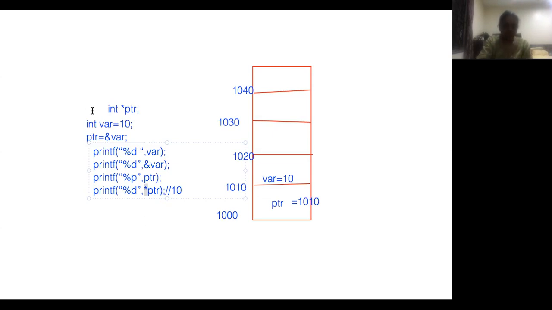Just a minute, hold on. Here, let me make it percentage P. Fine. So you can see here address of var, because it's the same variable, same format specifier. So address of var is this. And then again, value of PTR, you can see it's going to be the same thing because